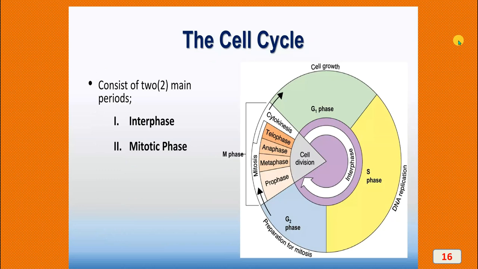Here you can see that the cell cycle consists of two main periods. Number one, it is the interphase. Second one is the mitotic phase. The cell growth is also known as the G1 phase. Then DNA replication is a phase which is called the S phase, whereas preparation for mitosis is also noted